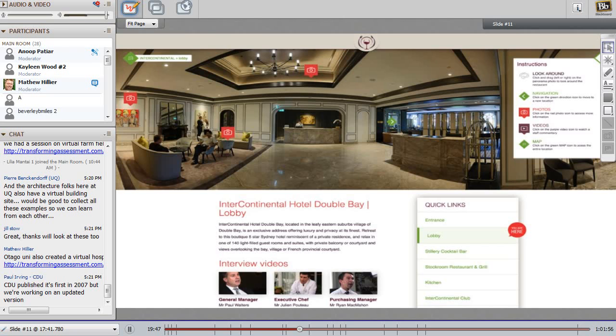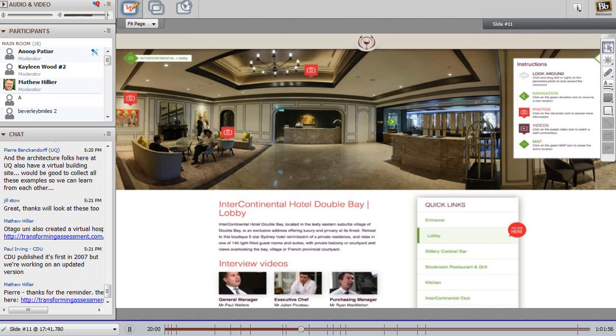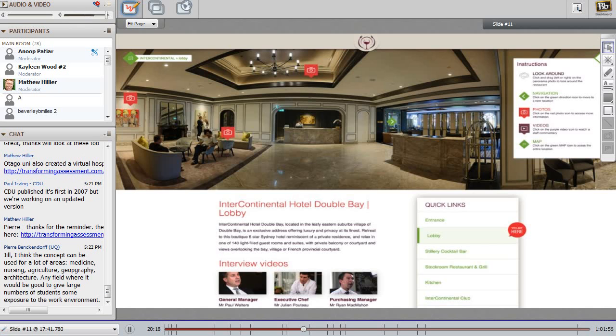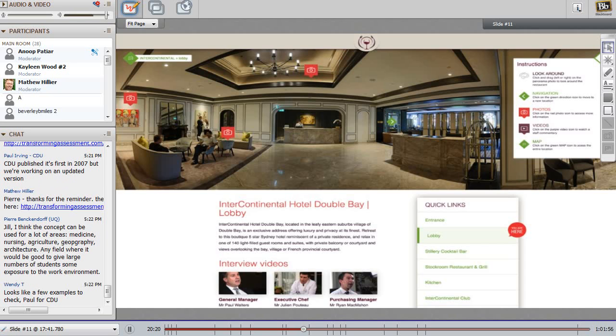So in this case, the general manager of the hotel has given an interview, the executive chef, the director of purchasing, and so on. And as soon as you hit there, you see the video of the interview. These managers are talking about their career paths, they're discussing their roles and responsibilities, and students are able to listen to the hotels from all different brands, all different locations, and understand the philosophy of running a hotel and what their strategies are and so on.